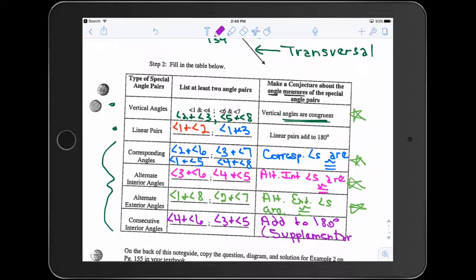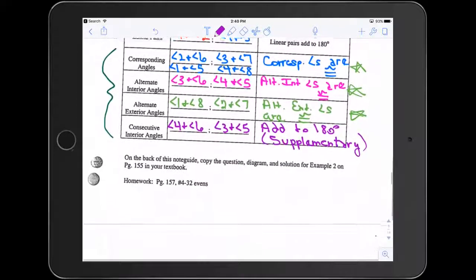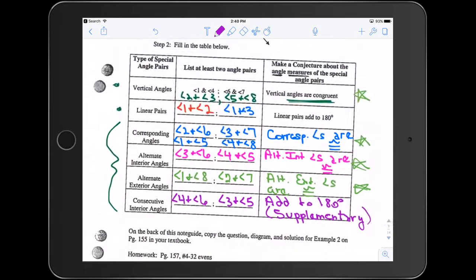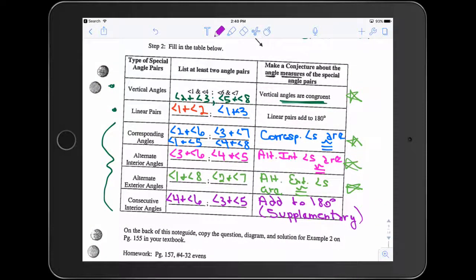Supplementary. Trying to use those vocab words because it's important. Okay, oops. So that is, in a nutshell, how this table works, and it's really important to note the patterns. Just to take a step back, all these different angle pair relationships are congruent, except for